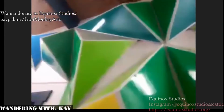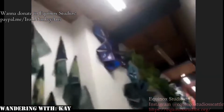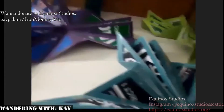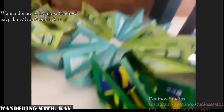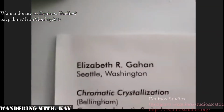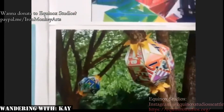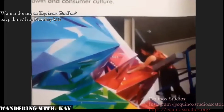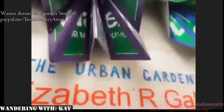This here behind me is three-dimensional art. And this artist, whose name I don't know, hopefully I'll be able to steal it off of a wall here. Oh, I will, hooray. Also makes these, these are all political signs. So you can sort of see the Obama logos up there. And this artist puts these, wow, I am looking almost straight up. These are really high up. Really beautiful pieces of flower art. So, Elizabeth Gann. And you can see, as I scroll down her things here, some of these out in the wild. So she's just a really innovative user of already created materials, really pretty. The urban garden,